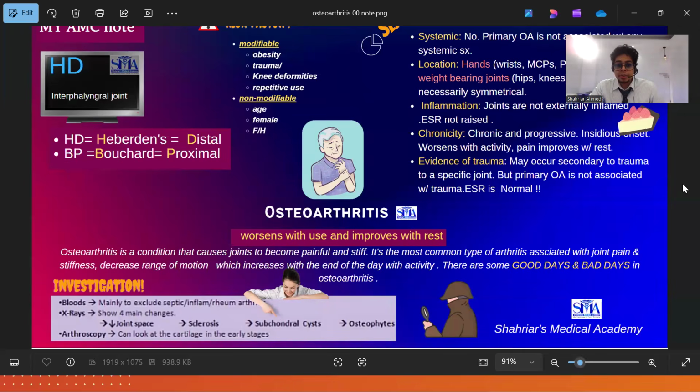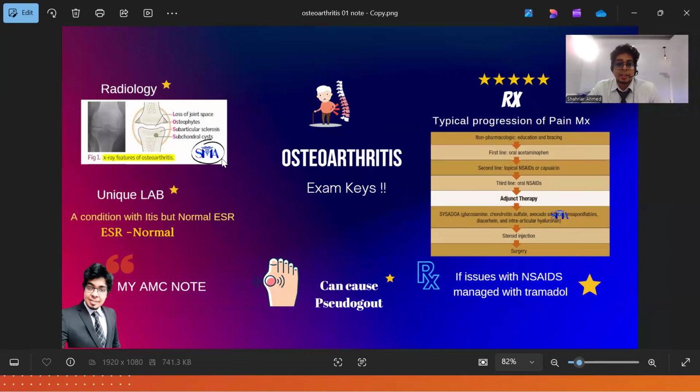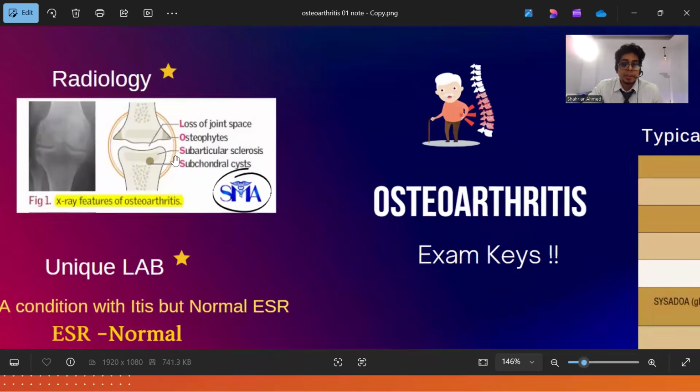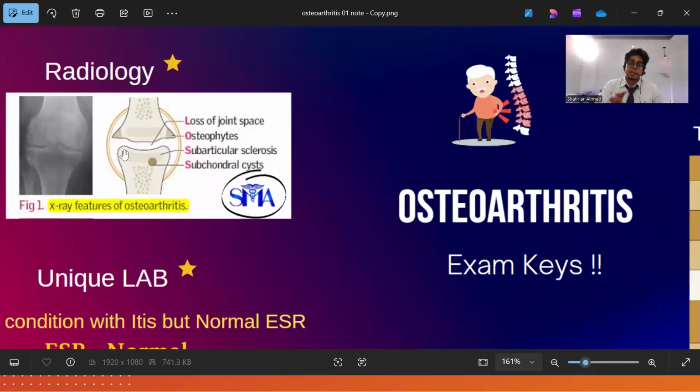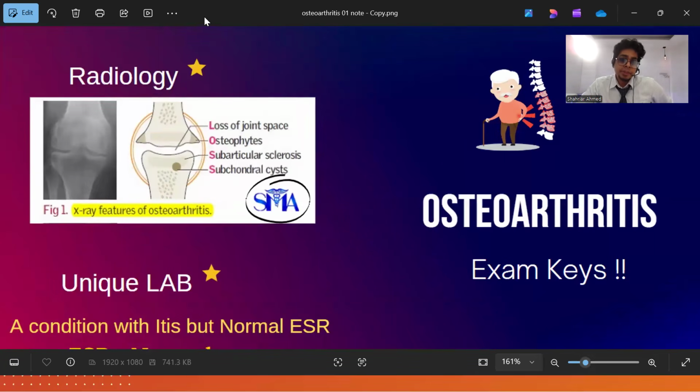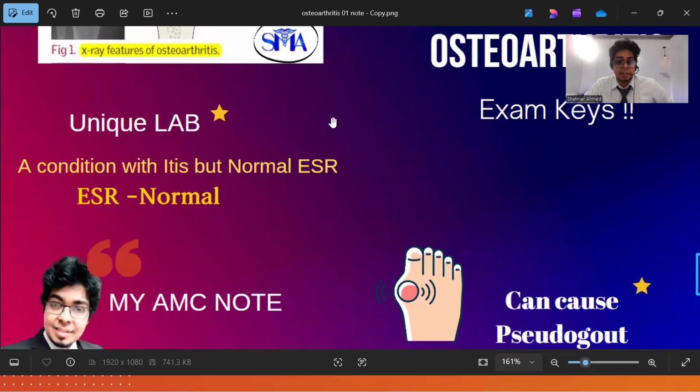Now the next thing we are going to do is check more unique things. So radiology wise, this is already given in the SMN notes, so you don't have to take notes. Where you need to take note, I will tell you. So, do you remember this radiology? Yes or no? The LOSS. It's LOSS, of course: reduced joint space, sclerosis, patient in pain.